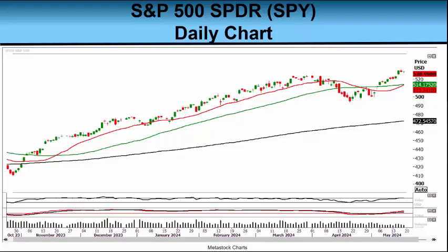First of all, as we always do, we're going to look at the daily chart of the SPY, the S&P 500 Spider. This is the ETF that closely follows our benchmark S&P 500 index. Now, when I captured this chart right near the close, the SPY was trading at $528.99, just right at the May 15th, which was Wednesday of this week, all-time closing high so far at